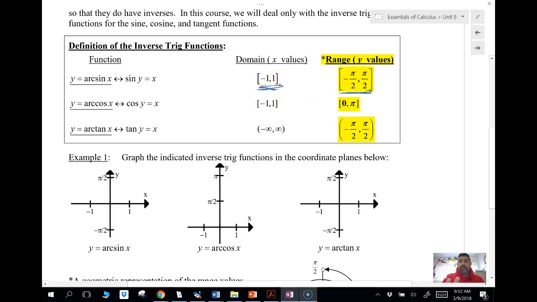Remember, we switch them. The range, again, for sine, remember sine goes like this. The range was -1, 1, because it was up here to down here. And then the domain was all real numbers. Well, we got to switch things, and now we have to,